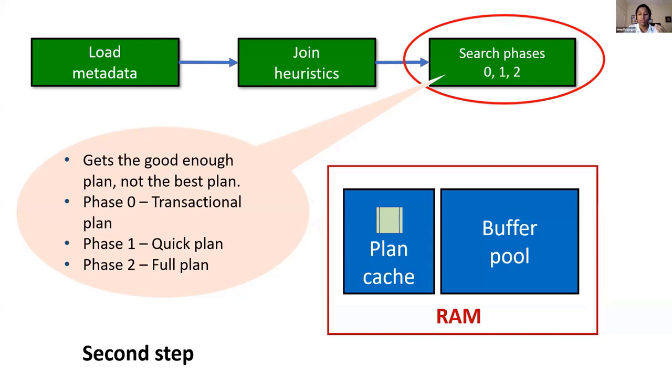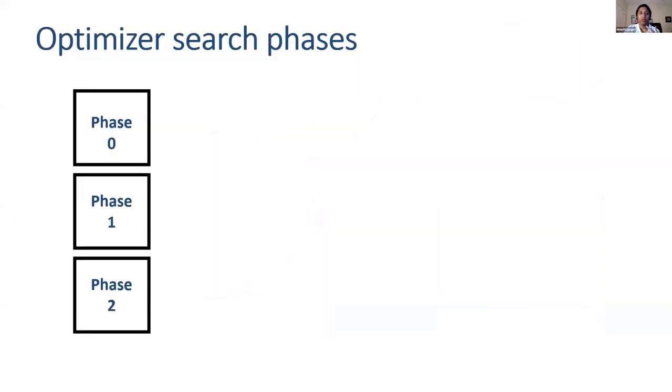And then once it chooses the execution plan for the query we are submitting, it will finally update the plan cache, and it will also generate a hash on that plan. And now the query will be going to the storage engine. But before going into the storage engine, let's discuss the search phases. So what are these optimizer search phases? To find a good enough plan, the optimizer will choose the execution plans from these phases.